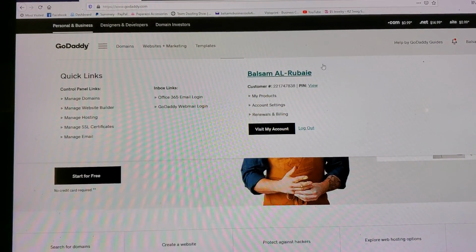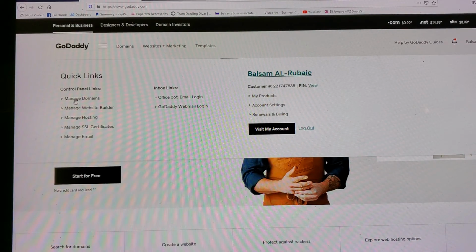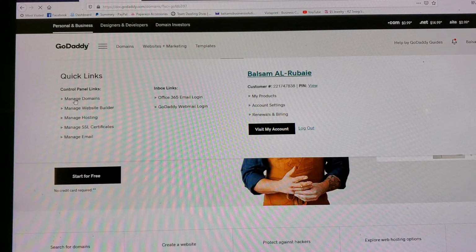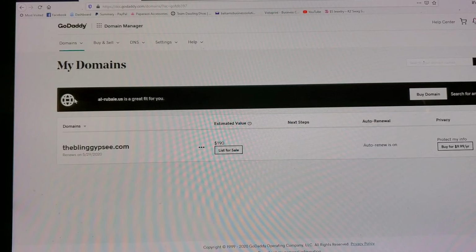Of course you have to be signed in. It's going to bring up, right here, manage domains. Click on that. And then there is my domain, okay? And if you click on it,